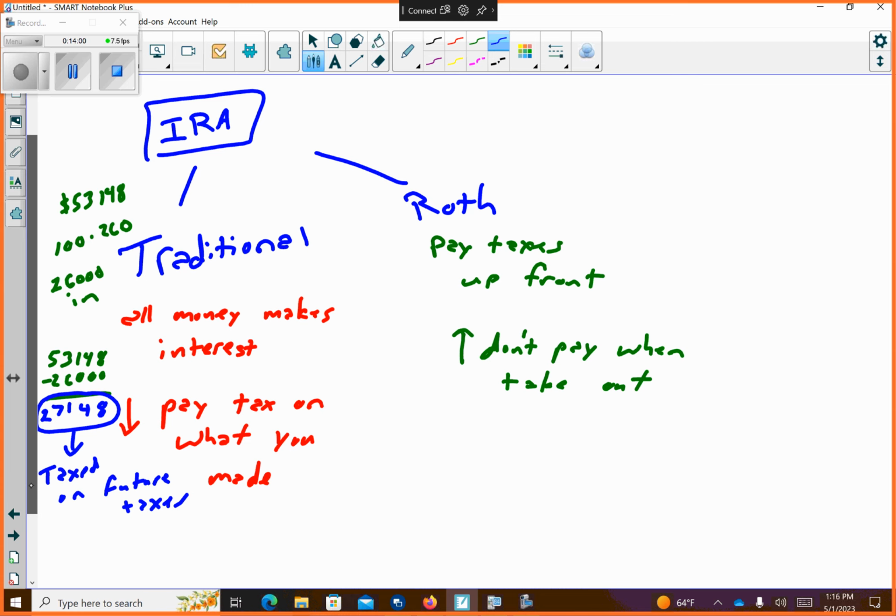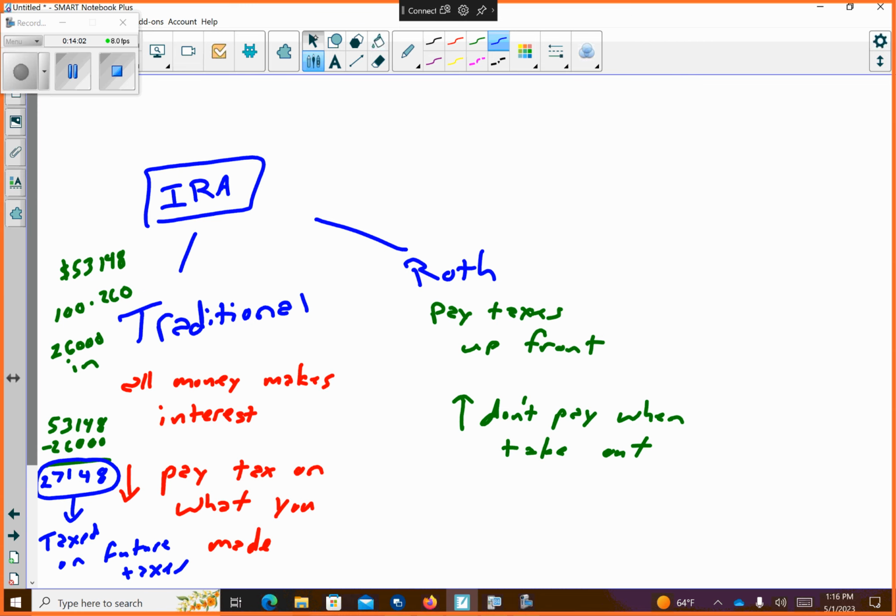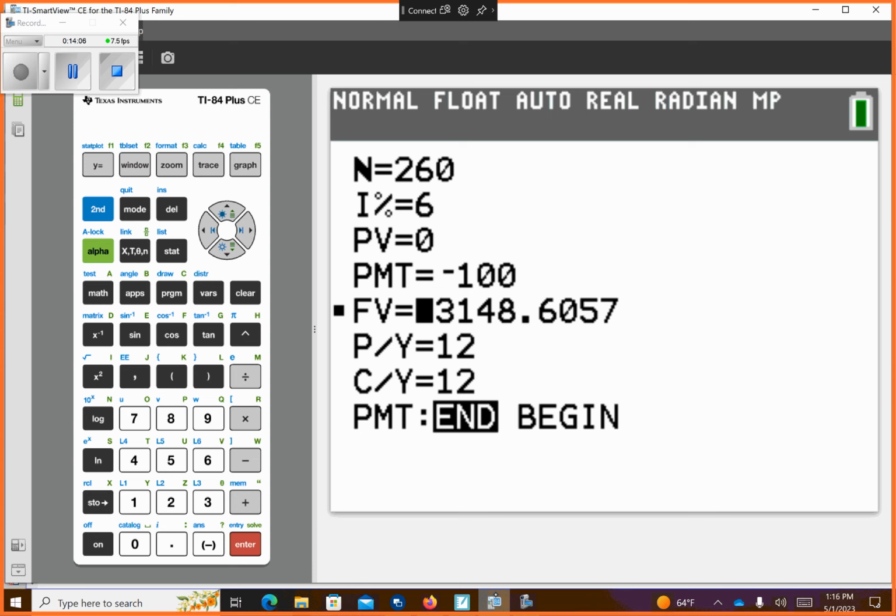But let's say I took the exact same scenario, but I have to change this 100 to negative 70. I'm making a payment there. And then I have a future value. I mean, basically that 70, you are investing 100 and you're paying about $30 in taxes every $100 you have to do. Okay, so